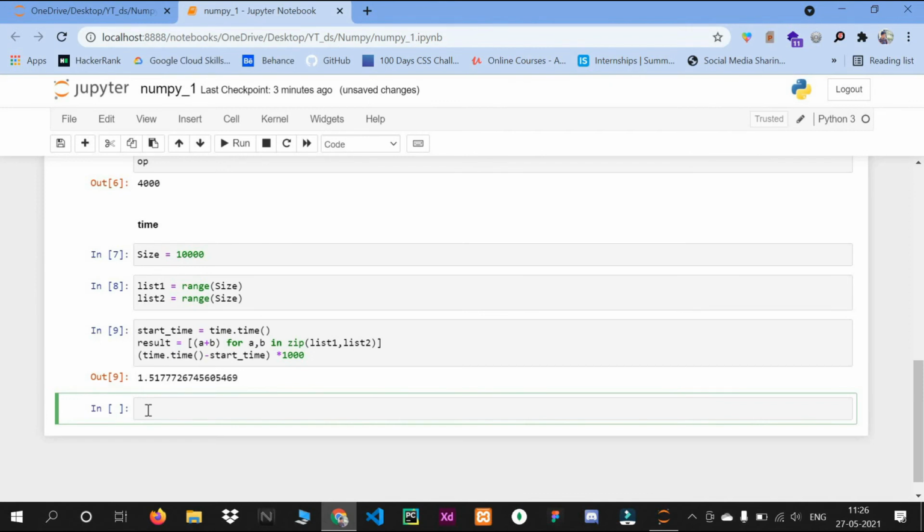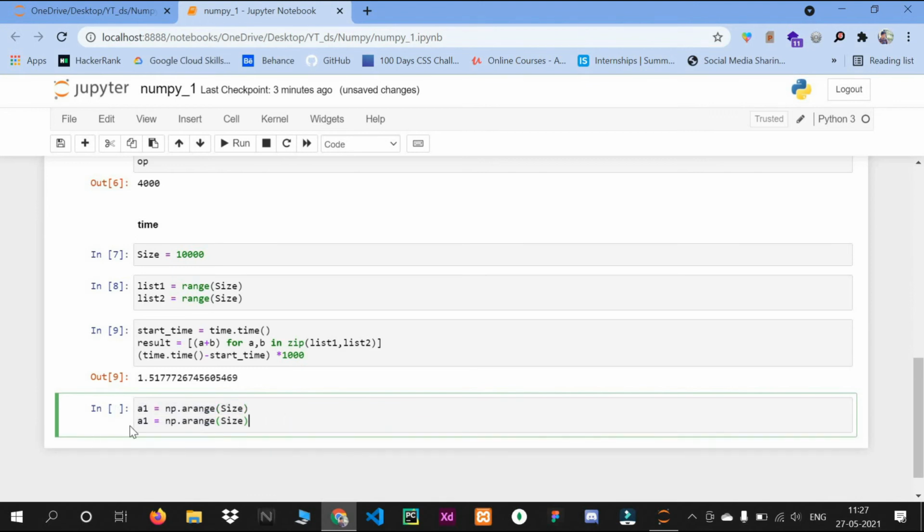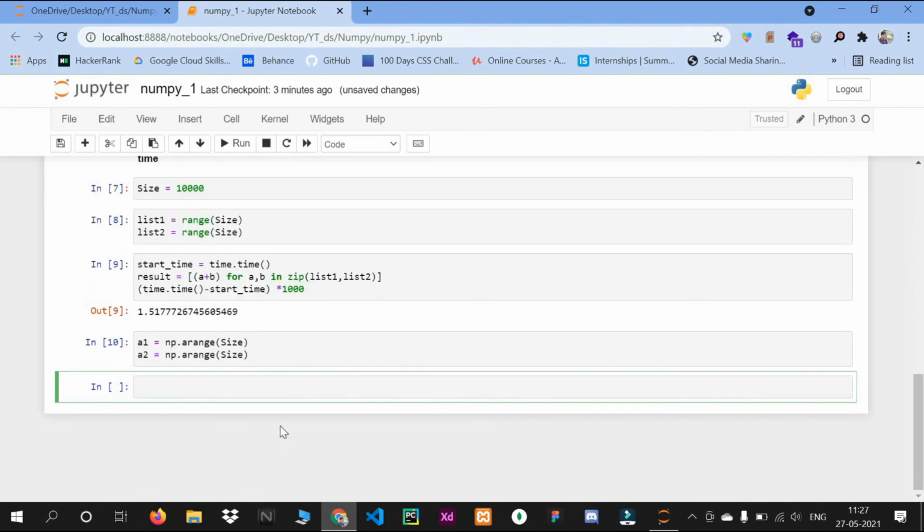Let's see about NumPy. For NumPy I will take one variable, a1, np.arange, and I will pass our size. Same, I will take a second variable, a2, and then I will take start time as our time.